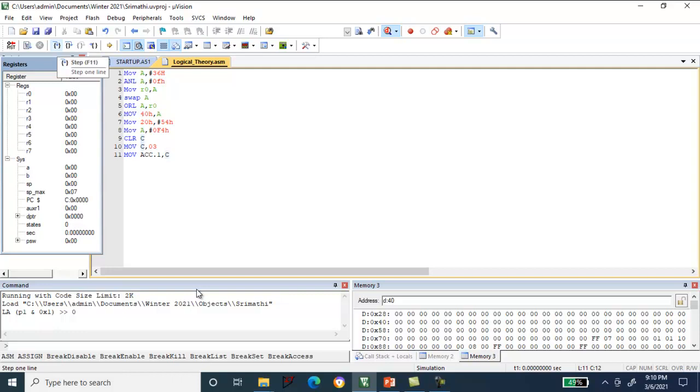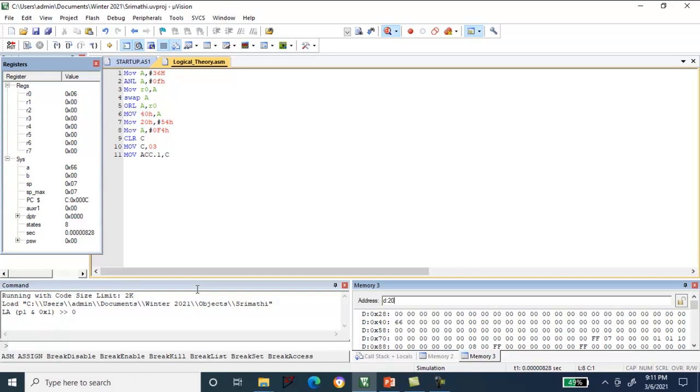Let me go ahead with step by step. First the accumulator is 36, that you already know, and then ANL 06 up to 66, we don't need to bother. After the accumulator is 66, 66 is moved to 40H, and then 20H should have 54, right?